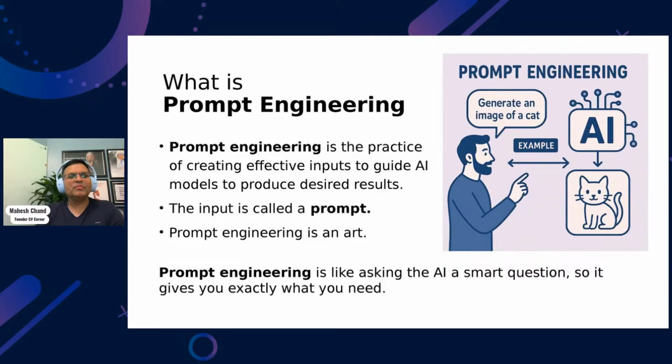In other words, prompt engineering is like asking AI a smart question. The smarter the question, the better output you will get. So you have to become smart to even ask the question. That's what prompt engineering is all about. You can ask a general question, right? You can just go and say, hey, generate image of cat. Yeah, it will generate a cat. But what if you want a black cat? What if you want a specific kind of cat? What if you want a 3-year-old cat? All those combined. What if your cat is wearing a hat? So learning the craft of creating this input that the AI would understand, that is prompt engineering.